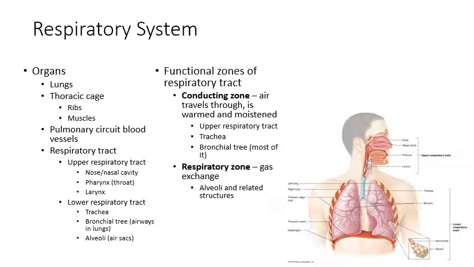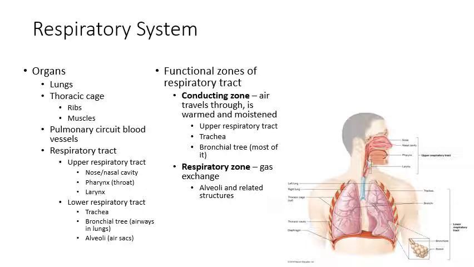Okay, so here are the organs of the respiratory system. First, of course, you have the lungs, but then also the thoracic cage. That's considered an organ in the respiratory system. The thoracic cage includes the ribs, the muscles in between the ribs, so the internal and external intercostal muscles. Also, the diaphragm is part of the thoracic cage, and then finally, just all of the connective tissue that's holding